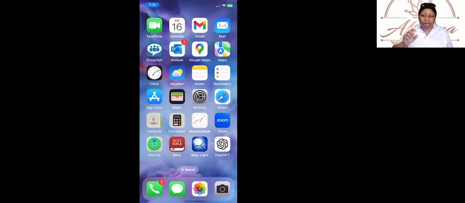And wherever you have downloaded it, there should be an icon that says Akanna Lifestyle. It's got an A in it. It's got our beautiful rose gold and white.